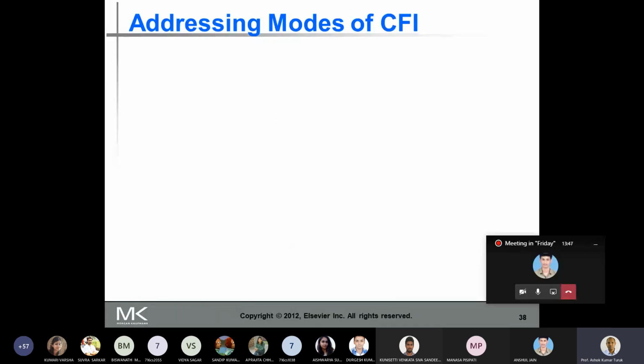Then we are looking at the branch instructions. In every one of these branch instructions, the target has to be known. Once you know the address of the target, what are the addressing modes to be used in each of these control flow instructions?